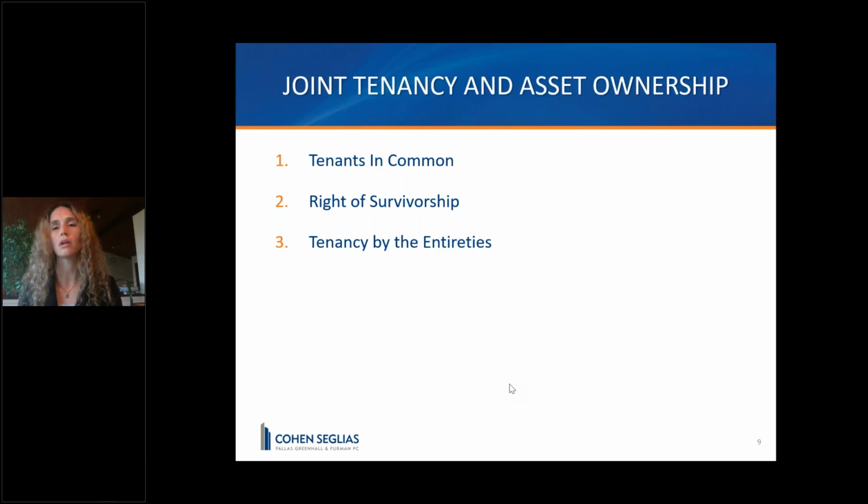And so what happens there is when you pass away, your undivided 50% interest is going to transfer through your estate, and we're going to have to probate your estate and either have it pass through a last will and testament, a pour over will into a revocable trust, or the intestate law in order to get it out to the beneficiaries. So again, this is really important: beneficiary designations work in tandem with your estate plan,